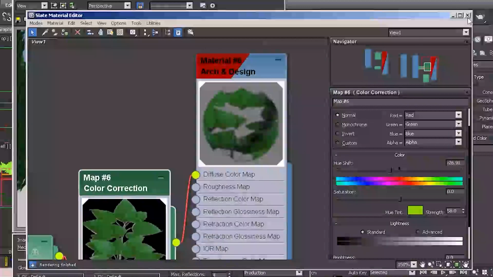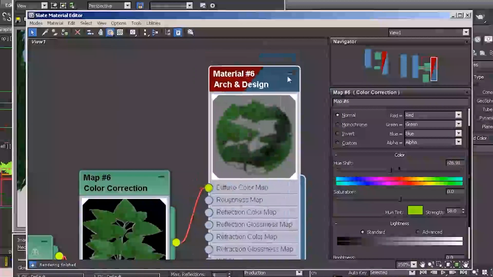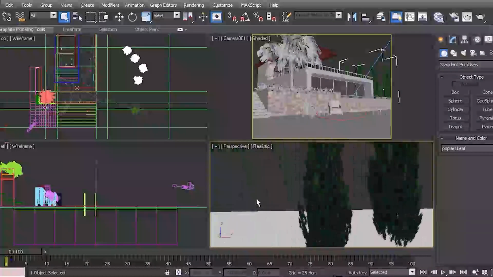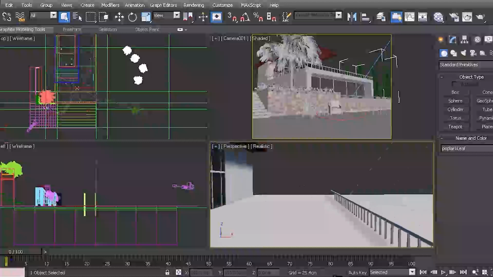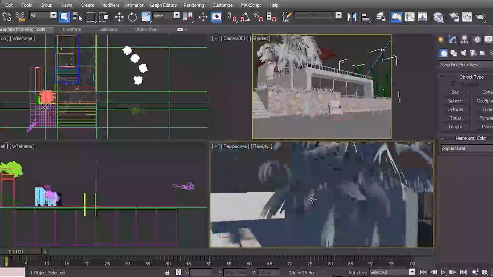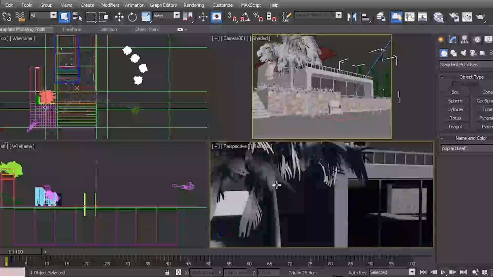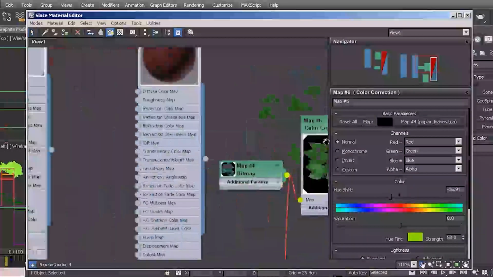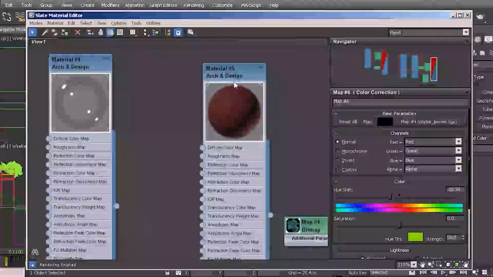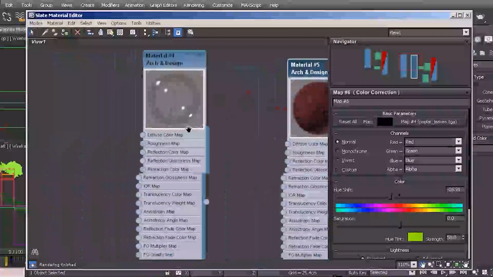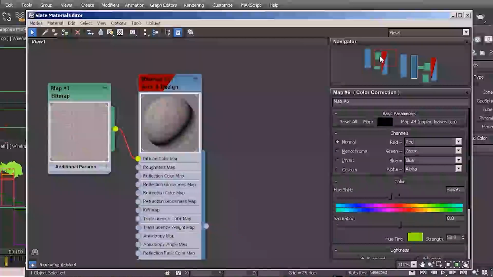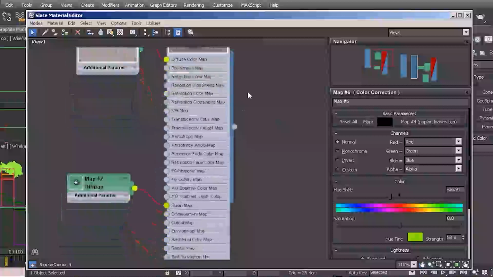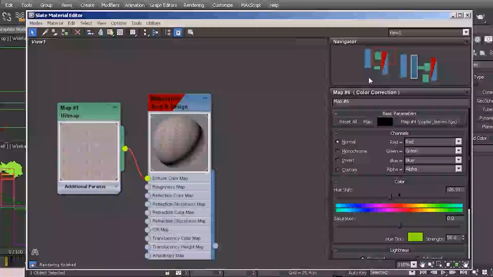So whenever we pick up in our next lesson, I will have gone ahead and gone through this exact same process for some of our other trees and vegetation that we have in this scene. And also I will have gone ahead and set up the materials for pretty much everything else, because it's going to rely on essentially these exact same steps of using the architectural material, choosing my color, proper reflectivity, and things like that. So this is going to get fairly tedious fairly quickly, so just to keep things moving along, again, whenever we pick up in our next lesson, I will have gone ahead and taken care of